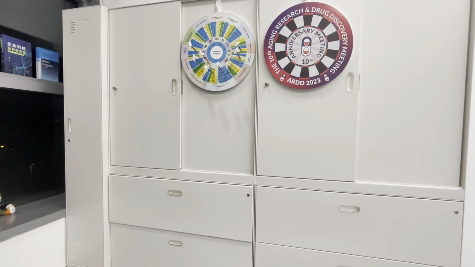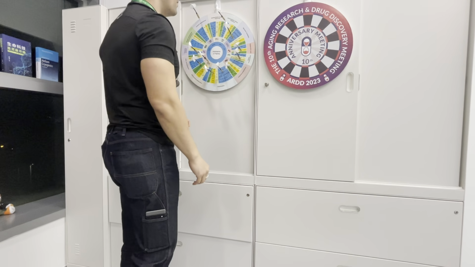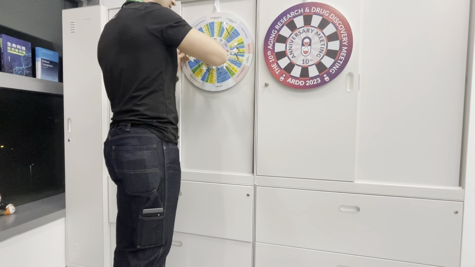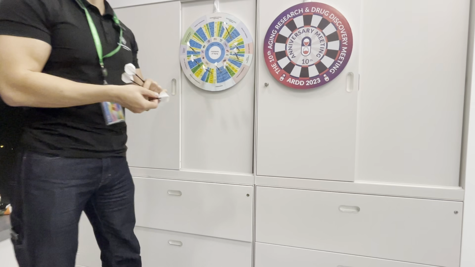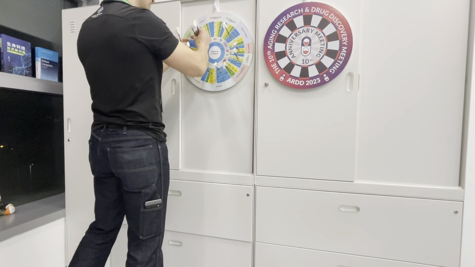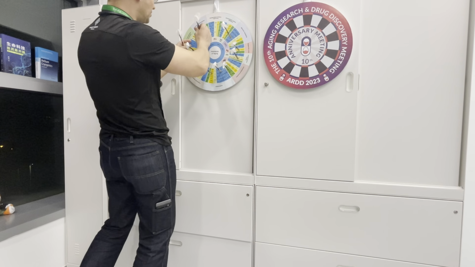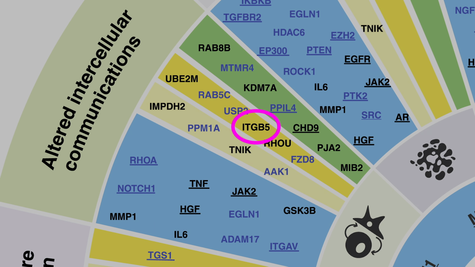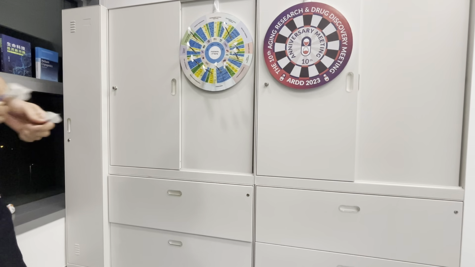Aiming. Okay, cellular senescence, I like it. Solar matrix, I like it. Now I hit some target. Okay, HGF, great. Maybe I'll select it for future experimentation, and I've hit PTEN before. Let's see. Okay, I've got ITGB5, and it's a medium novelty target, medium druggability. Yeah, so pretty cool, right?